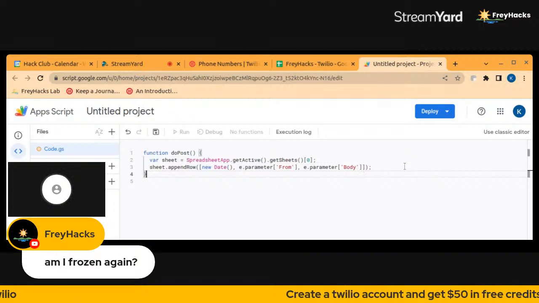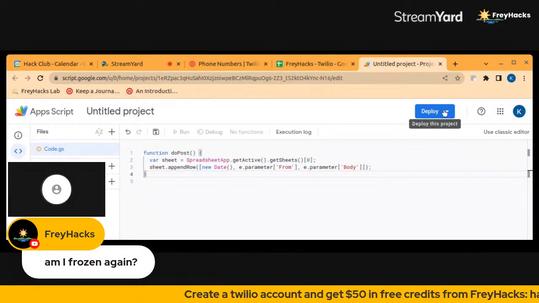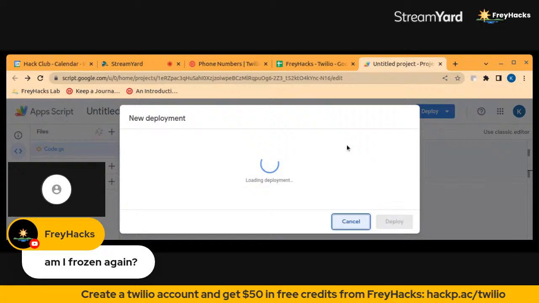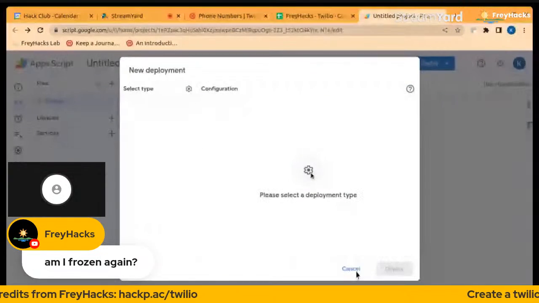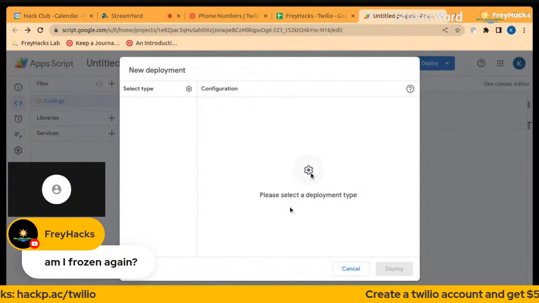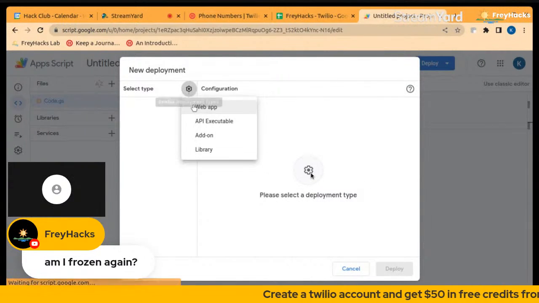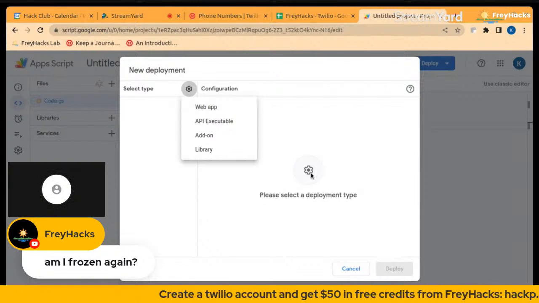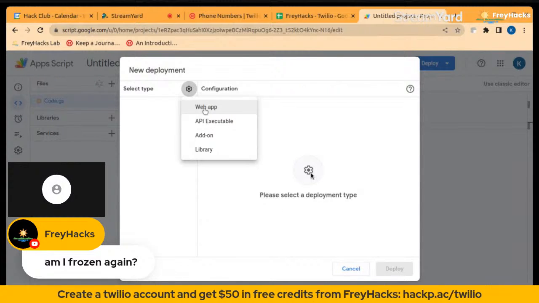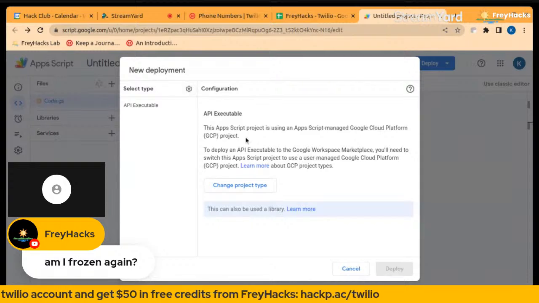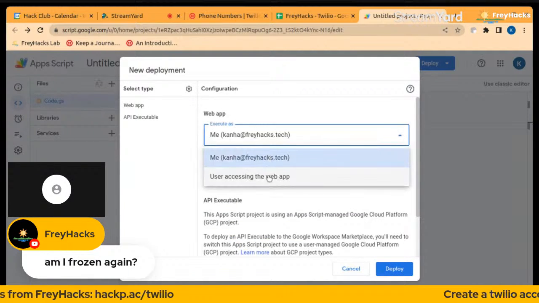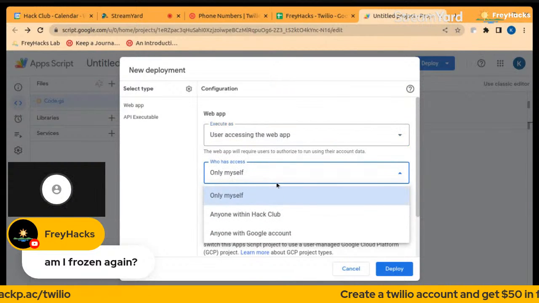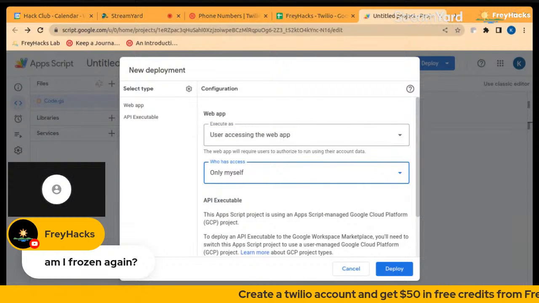And now we just need to click on this deploy button right here and head over to new deployments. Okay, it says please select a deployment type. So a deployment type, where do I select that? Okay, select type. So let's just do web app for now. User accessing the web app only. No, this can be